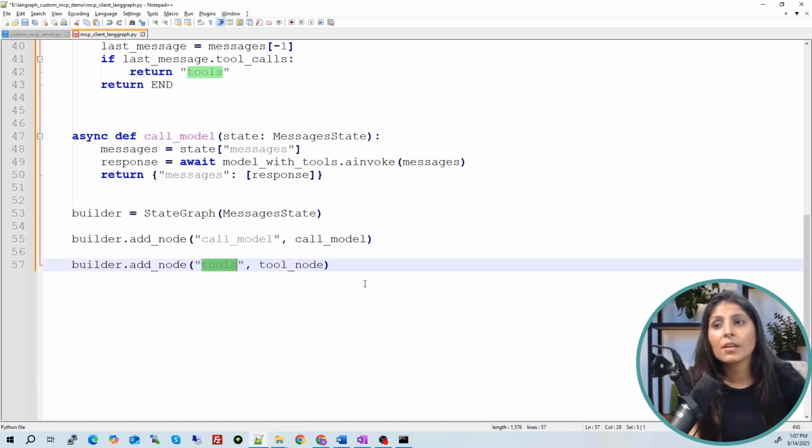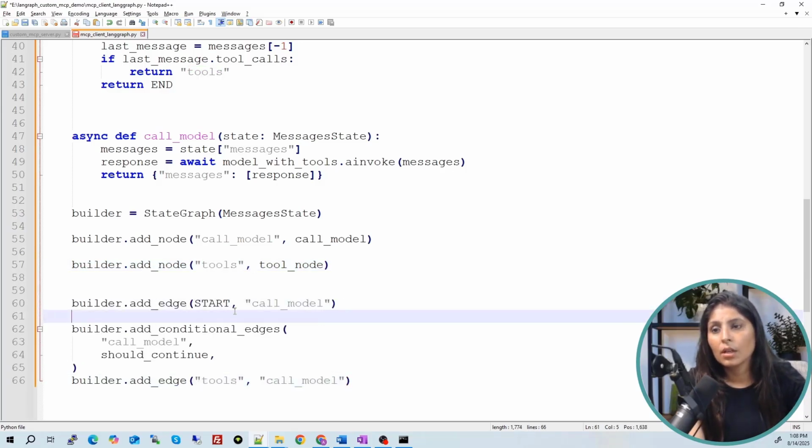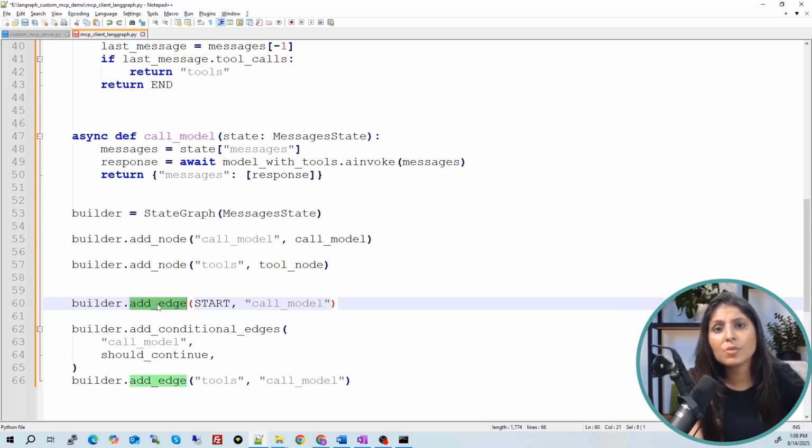Now let's define the flow, meaning which node will be connected with which other node. So this is the connection part. First, add edge means creating the connection between two nodes. Here, we are connecting the start node with the call model node.